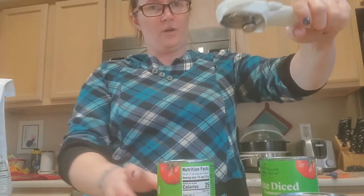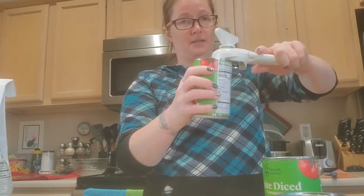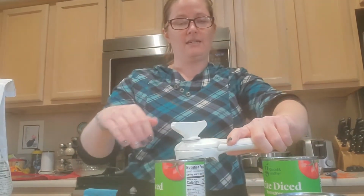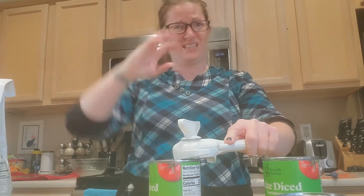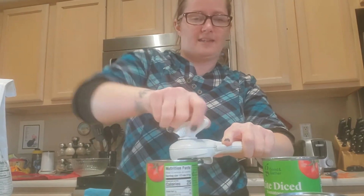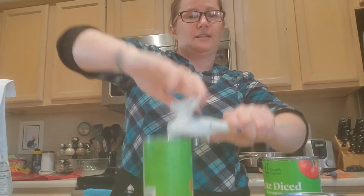So this doesn't work like your normal can opener that goes on the side. It goes flat. It goes right on top of the can like this. Okay? Because it's not going to be cutting into the can. It's actually removing the glue that's around the can that they use to seal the can together during production. So you're just gonna twist it on there, and it's gonna lock on there. This can's not going anywhere. Okay? And you're gonna spin it around,